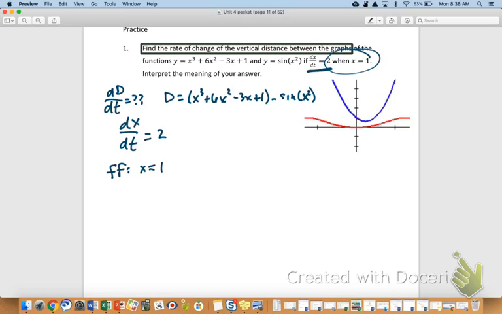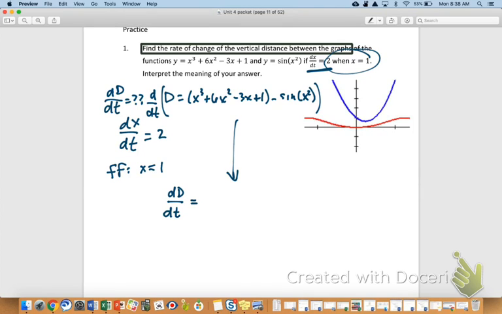DDT, derivative with respect to time. Remember in a YouTube video or any other video, when you push play, time starts to go. So I'm going to go DDT of everything. I'll come down here where I've got a little bit more room. So I'm going to write dd dt equals,